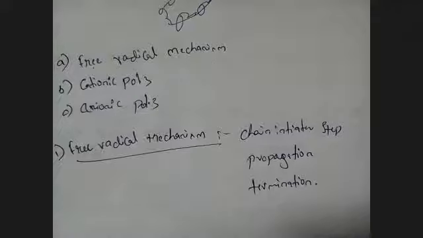If you didn't understand, please ask me, I'll repeat. We are going to add to the polymer chain, no doubt, but based on what you are adding, we have three categories. You can add free radical, or you can add cation, or you can add anion. Is it clear? So now if you want to add a free radical, how can you add?